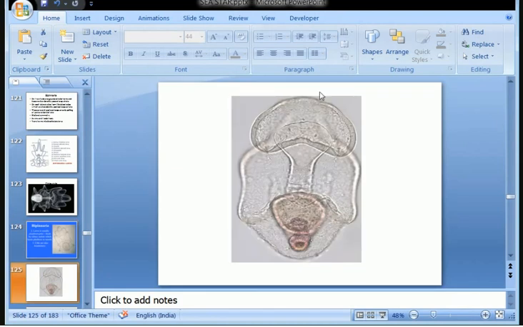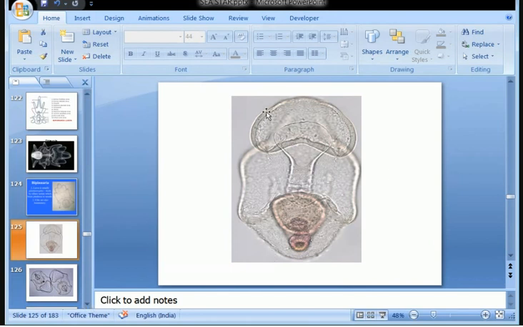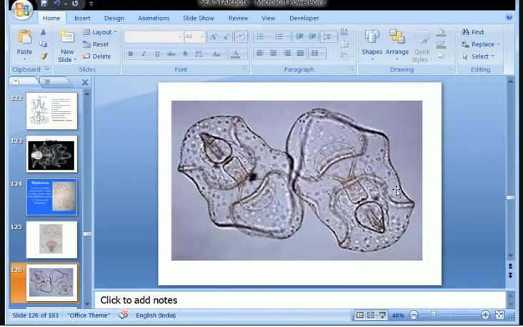In this figure also you see early bipinnaria. This is early bipinnaria because the lobes are just forming in this, and on both dorsal and ventral side these are ciliary bands. Here you see this is also an early stage where there are lobes and they are somewhat transparent, so you can see the gut developing inside. Here the gut is developing, and these are flaps on the ventral side and on the dorsal side.